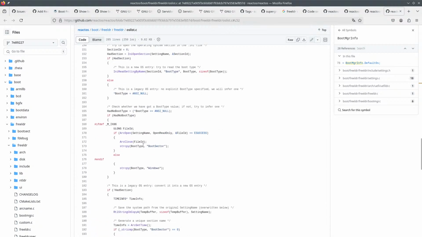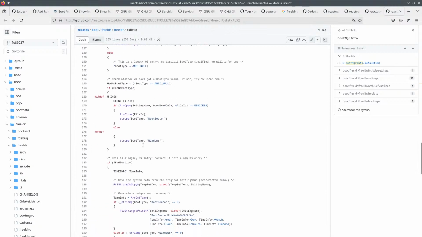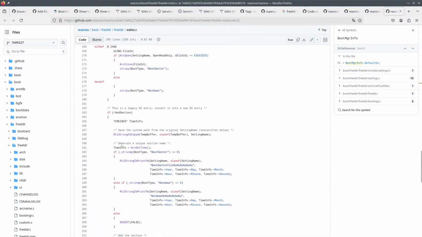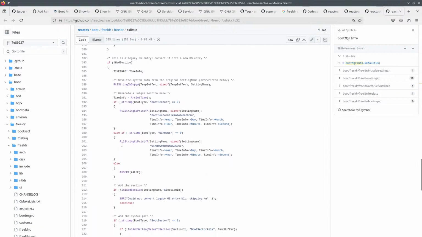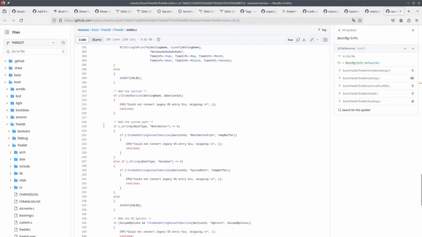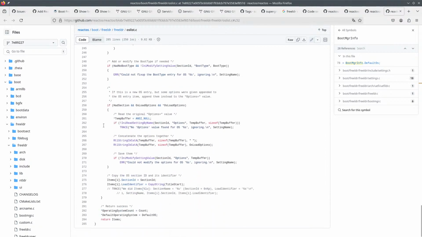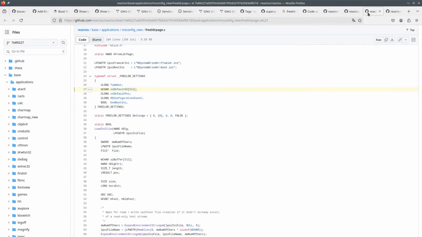So you try to read. What the hell is this? Boot sector window. If this is legacy, convert to new one at the section. Doesn't seem like any of this.